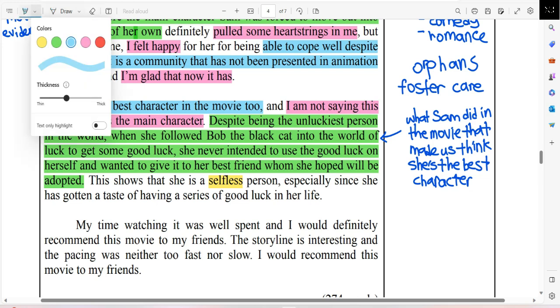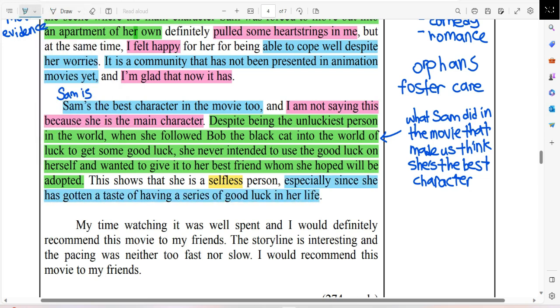Because in this movie, Sam actually picked up a coin. This part right here, this blue highlight, is our elaboration, by the way. So actually in this movie, she picked up a lucky coin, and everything she does for the entire day, the entire week or whatever, was lucky. She did not run into any mishaps and all those things. But here she was not being selfish. She wanted to get another one of these lucky coins and give it to her friend, actually.